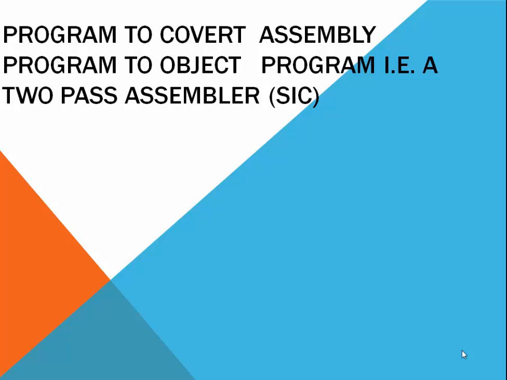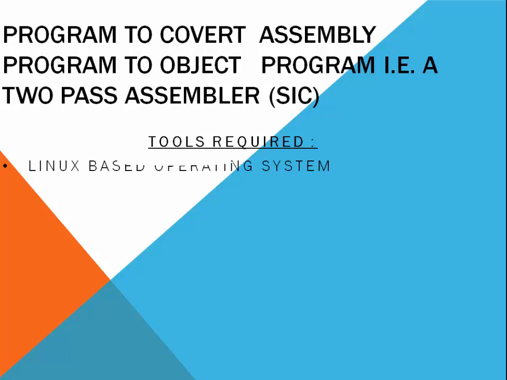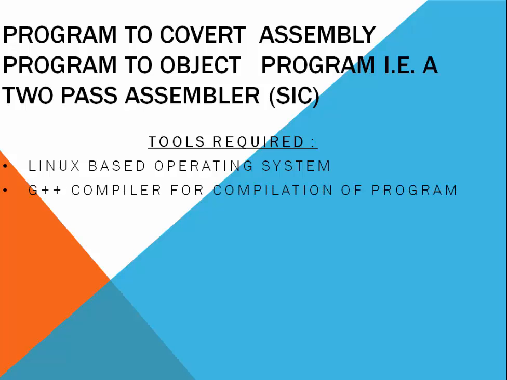Convert assembly program to object program, that is a two-pass assembler in SIC. For this, the tools required are a Linux-based operating system and a G++ compiler for the compilation of the program. The prerequisite knowledge required before going through the video is: